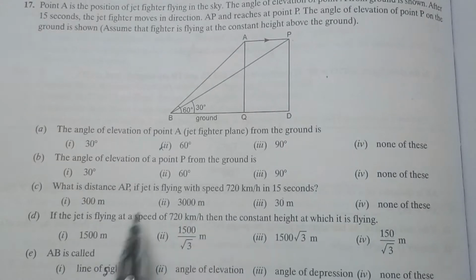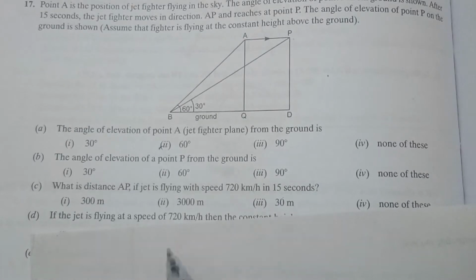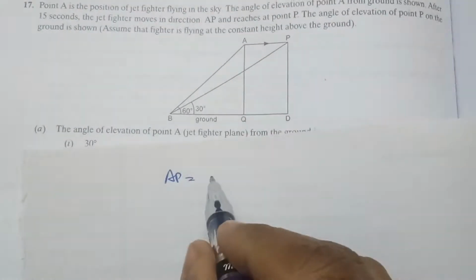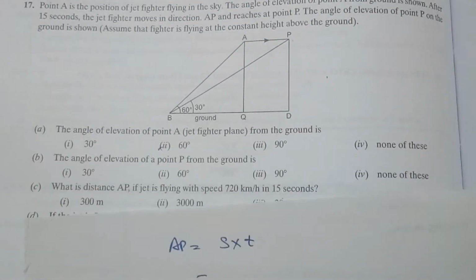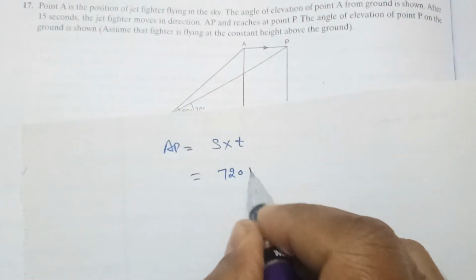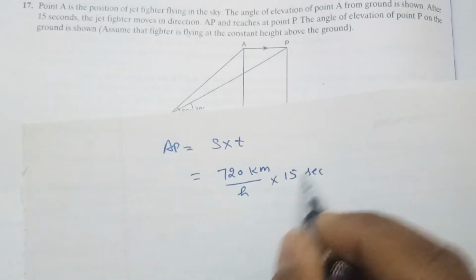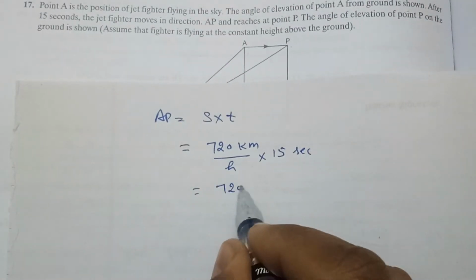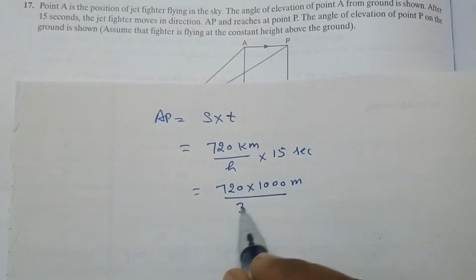So for this distance AP, speed is given and time is given, so we will calculate. Distance, according to the formula, equals speed into time. So speed is here 720 km per hour, and time is 15 seconds. So we need to convert these into the same unit. 720 into 1000 meters over 3600 seconds